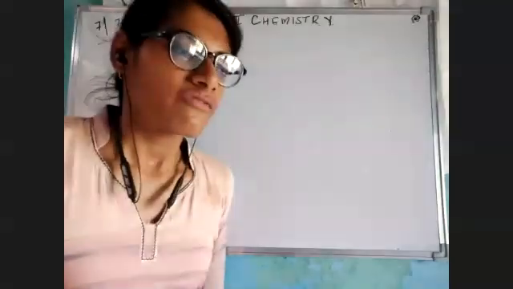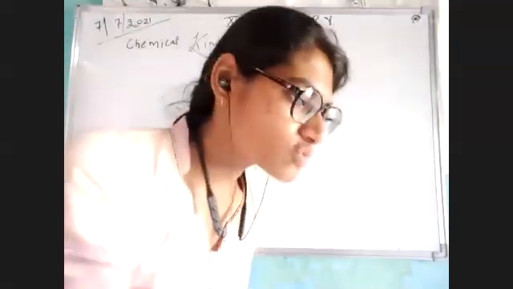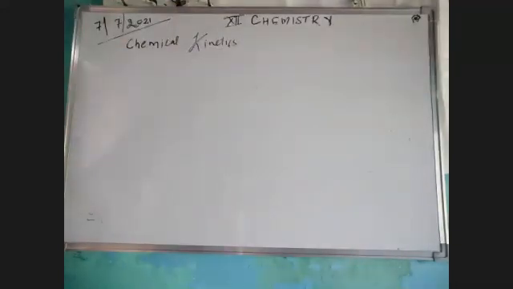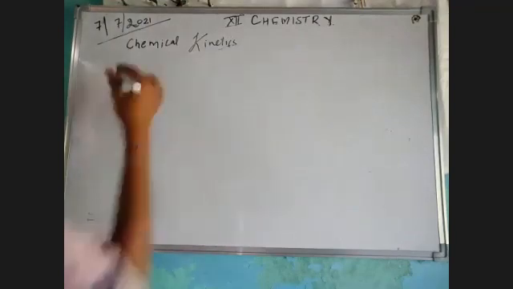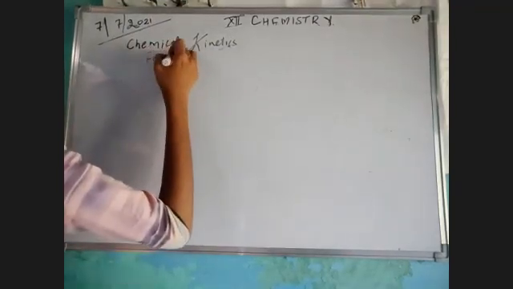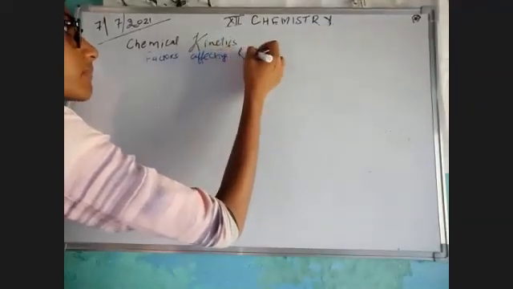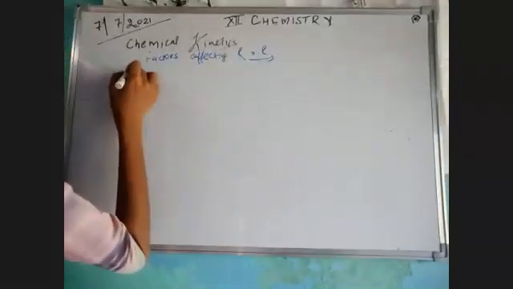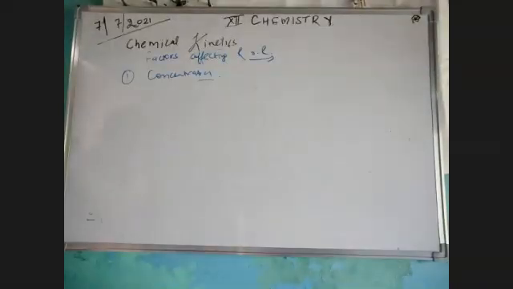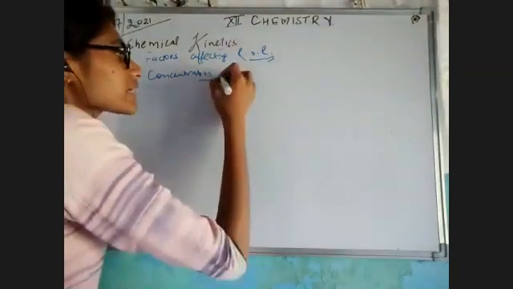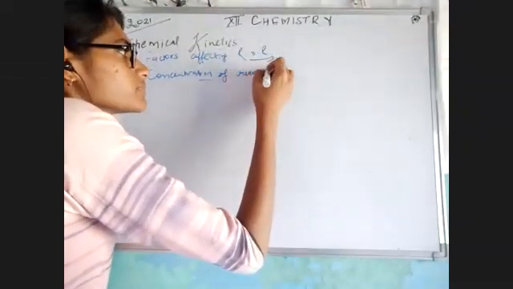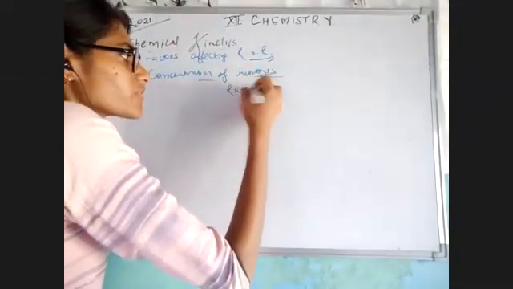We have elaborated each factor separately. So I'm just going to quickly note down what the factors affecting rate of reaction are. Okay, first one is concentration. All right. As you know, children, the concentration of reactant, if it is given in 100 grams, my rate of reaction would be faster.